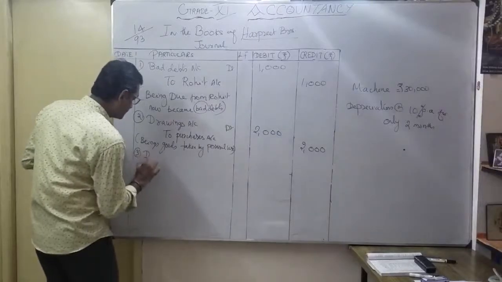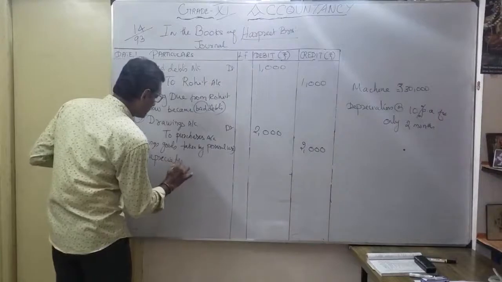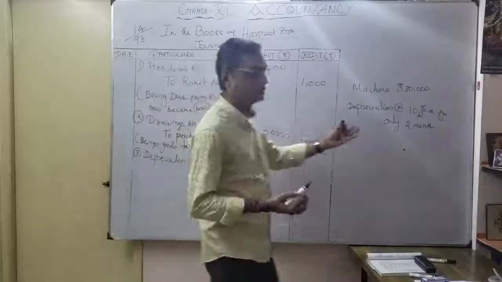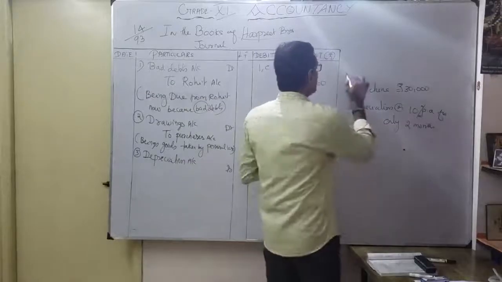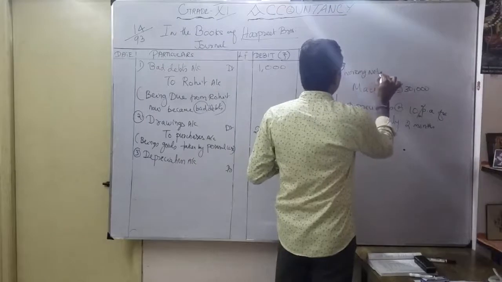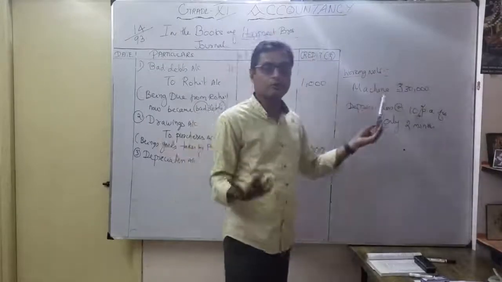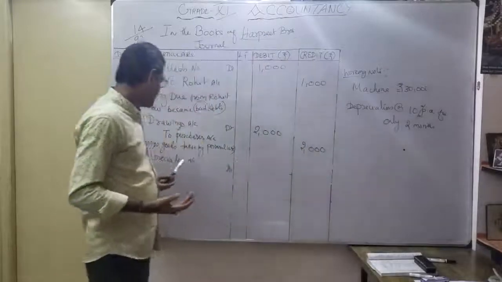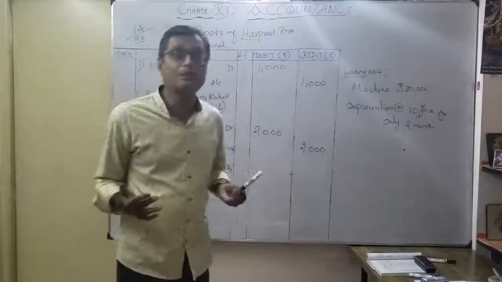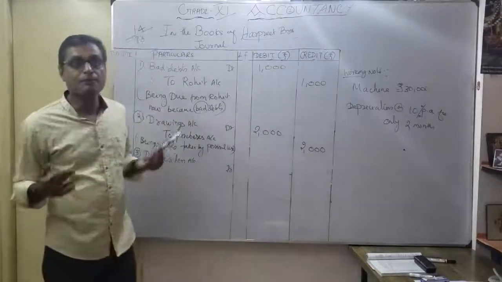Debit is what? Depreciation account. So depreciation here again comes under what? Nominal account. Depreciation account. Now we don't know the value. Now we are going to calculate. That's why we have to prepare a working note separately. Working note. On a separate page you prepare working note number 1, 2 like that. Okay. So I am debiting depreciation. Why depreciation? Because depreciation comes under a nominal account. So what's the nominal account rule again? Debit all expenses and losses.